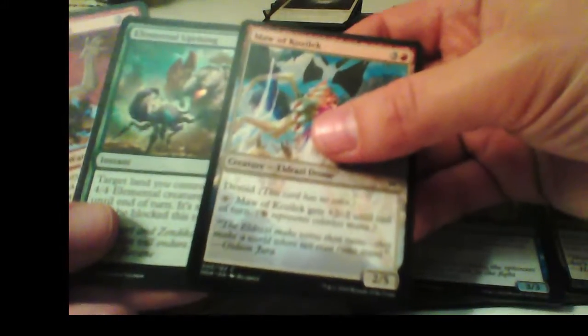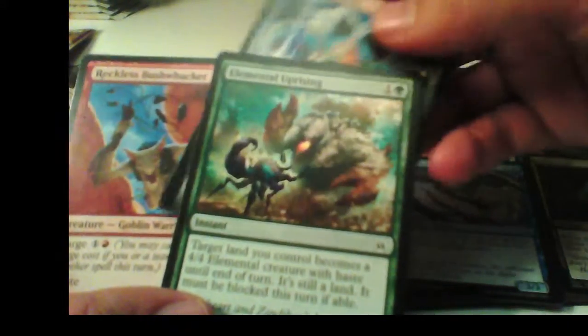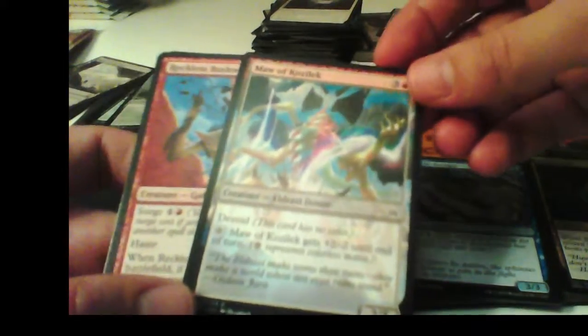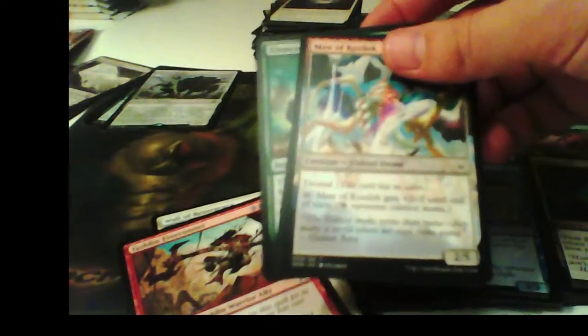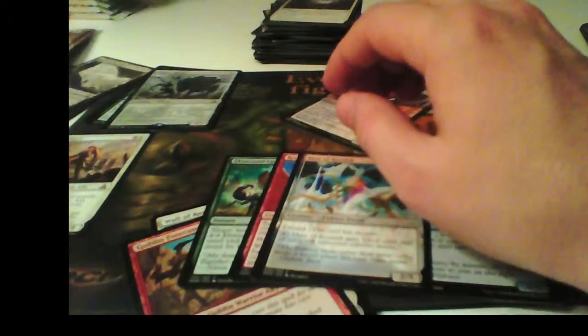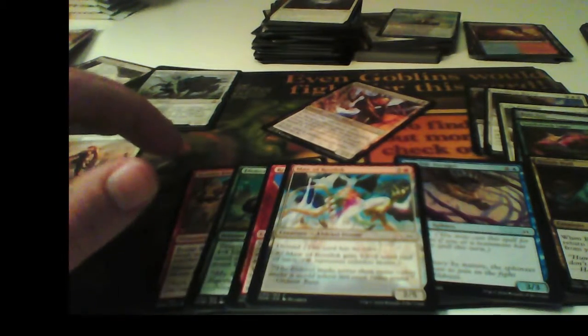Okay, I think my first pick would be between one of these ones. Probably Elemental Uprising if I went green. And from these two, probably it depends. If I got a lot of weenies, I'd pick this one. If not, probably this one. So what do you guys think about the first picks of the three boosters I just opened? Tell me something,